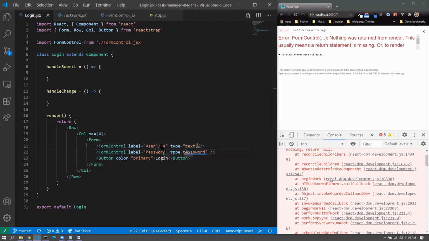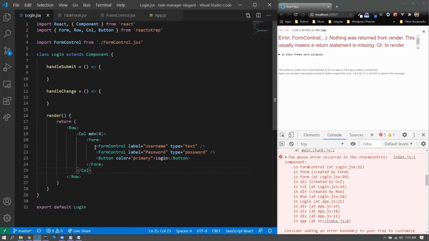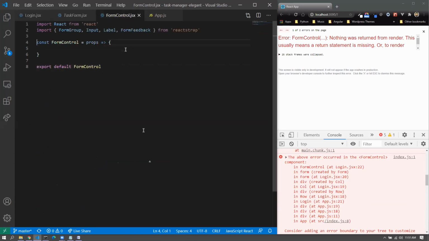Let's see. Form control, nothing was returned, so that is still pending, so we'll return something. But this is the eventual usage of form control, and inside the form control I'll go for the form group and the form feedback and the input and label, all right? So I believe first of all this is clear to you, the way that I'm trying to go for it. All right, very good. So in the form control we have the props in which we have the label and we have the type,